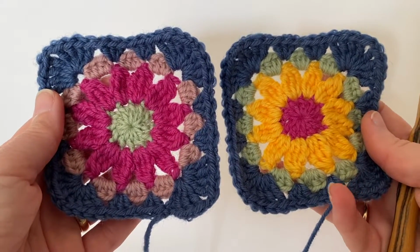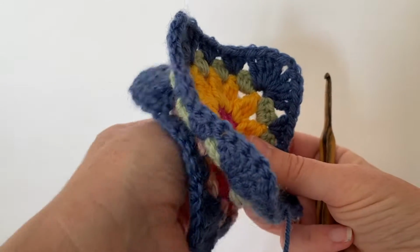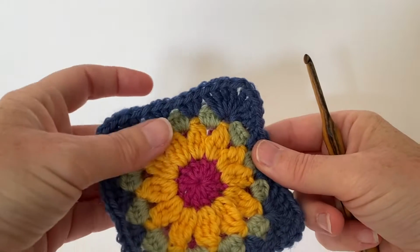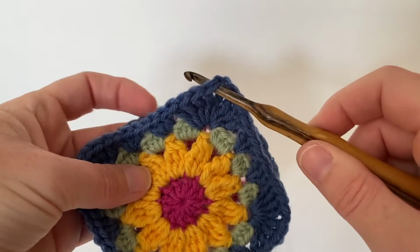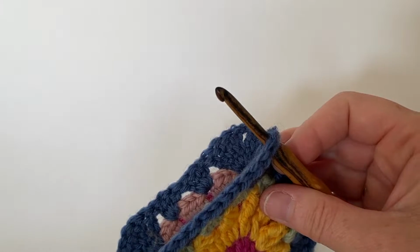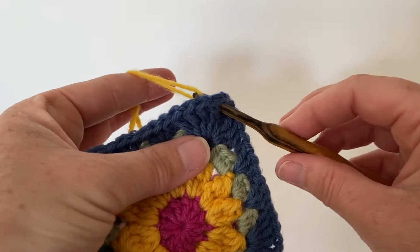So get the two squares that you want joining together and place them wrong sides facing each other with the right sides facing outwards. And then insert your hook into the top right corner chain space of the first square, the front square. Not through to the back just yet, just the front square, and then join the yarn, like